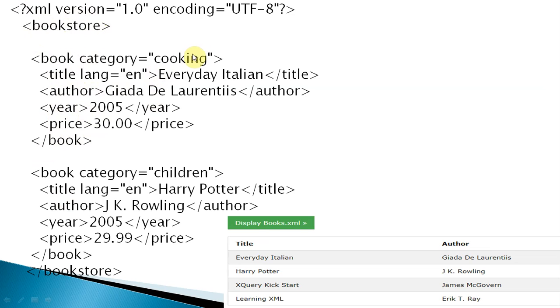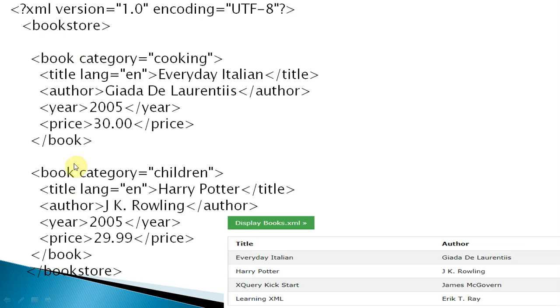Suppose this is the cooking category, related to cooking books, and this category is related to children's books. The program will be started by question mark xml, and we will write here version. We also write here encoding UTF, and this is the bookstore, and this will be closed here.